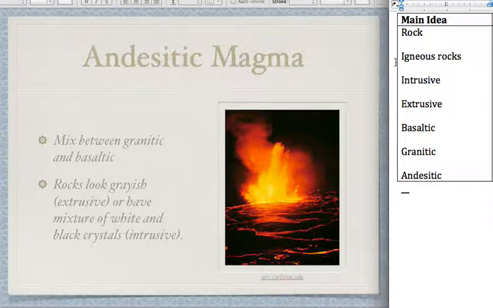So when we classify an igneous rock, we classify it as two things. It is either intrusive or extrusive, and it's basaltic, granitic, or andesitic. So any igneous rock will have two terms: intrusive or extrusive, and basaltic, granitic, or andesitic. We can have an intrusive basaltic rock or an extrusive andesitic rock. And we'll practice identifying all of those